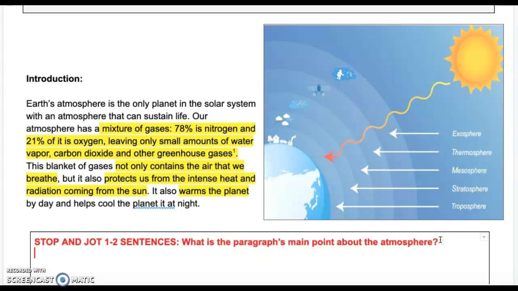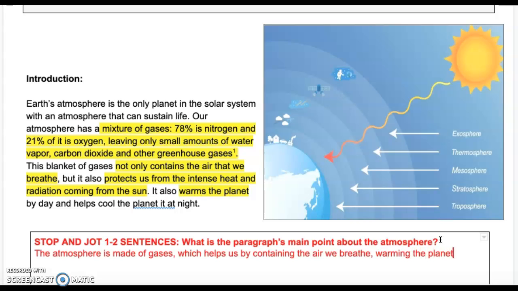I'm going to say the atmosphere is made of gases which helps us by containing the air we breathe, warming the planet, and protecting us from harmful radiation from the